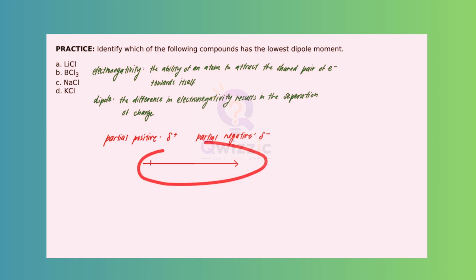This is our dipole arrow here, for our tail and the tip. So for my tail here, if I zoom in, I see sort of a plus sign. And of course, by default, the other end, which is going to be the tip, is going to be a negative sign. So because I see sort of a positive here, this means that this is where the partially positive atom goes, and then the arrow will be pointed towards the partial negative one. So that's how I kind of interpret this arrow. It makes it easier for me when I'm going to go ahead and draw out these structures